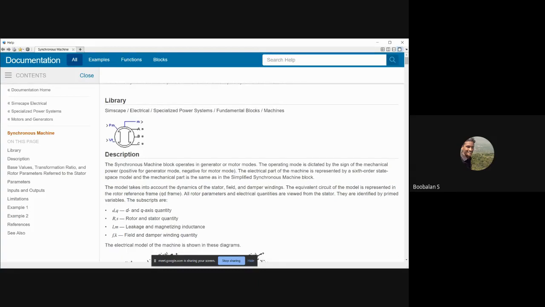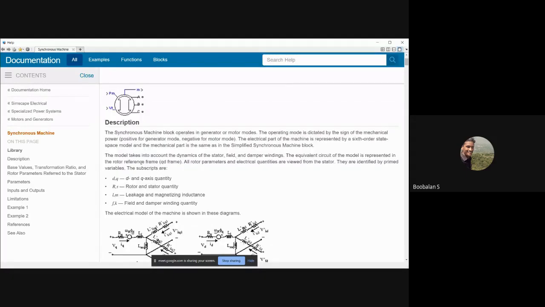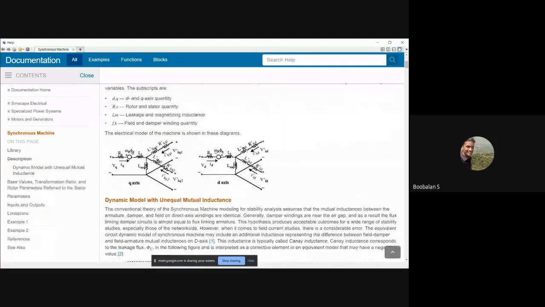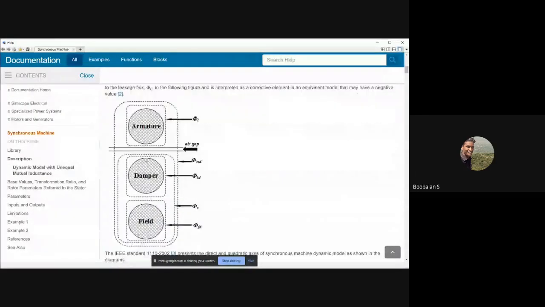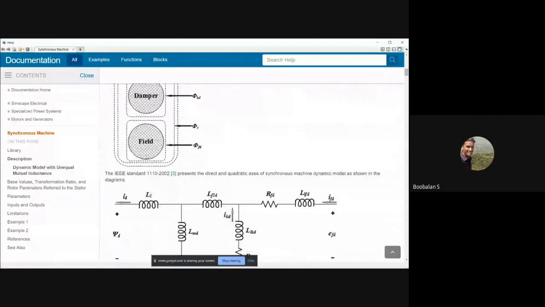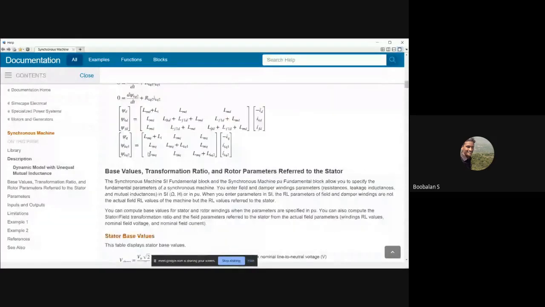This block represents my synchronous machine. It can act as a generator, and it can also act as a motor. You could see that the entire theory part is over here: what is inside, how it works, everything. Armature, damper, field winding, everything is displayed over here.